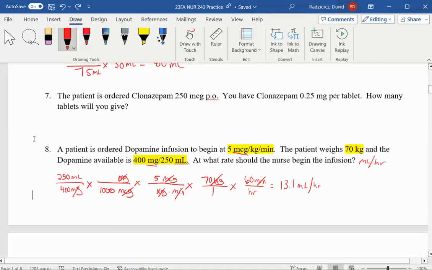That's the thing that I find that most people who do this one have difficulty with, is that they forget to convert micrograms to milligrams. I did that. Oh, you know what? The only thing I didn't do is the time. That's why it's minutes to hours. Yeah. The answer that I got was